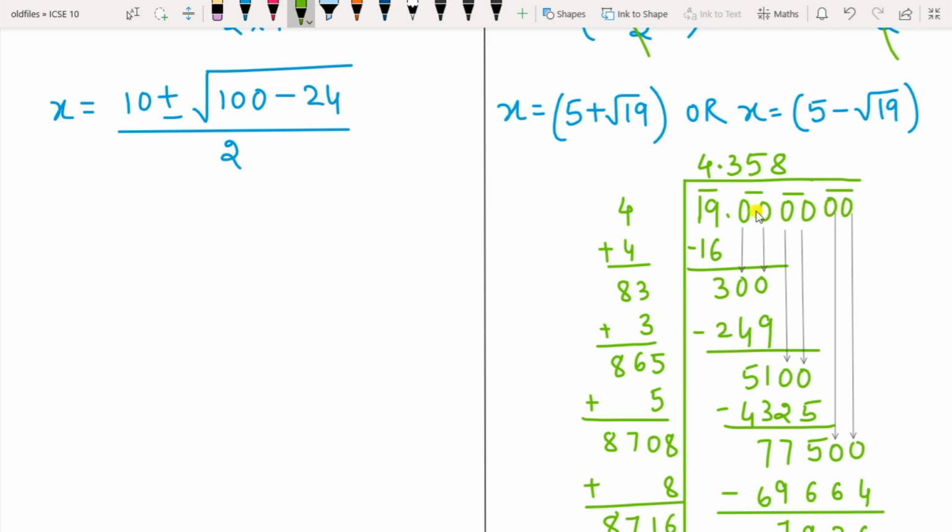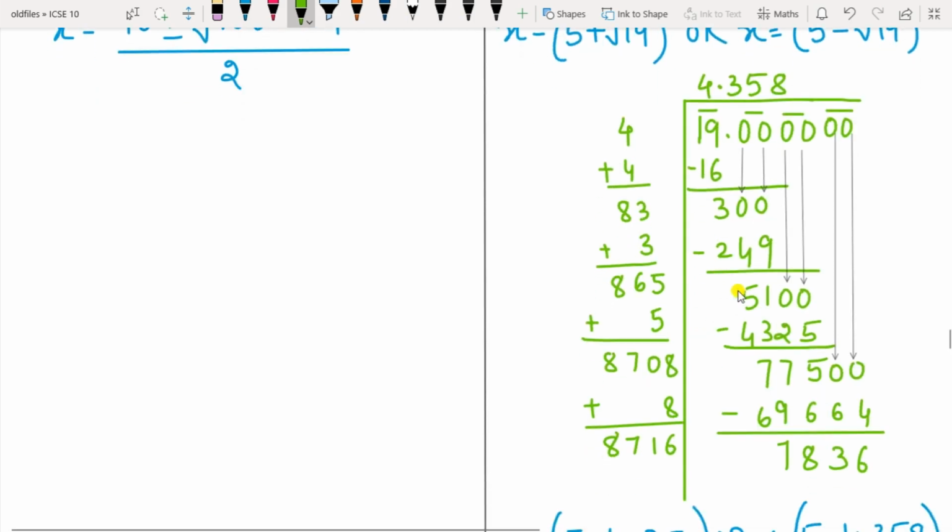Now in square root, we know that we take the pair of numbers down. That is, we have to make pairs from the back side. Okay, here. So we will be taking 2 numbers at a time. And we are considering the tables of the square numbers only. So this is the way to find the square root here. Now you must know how to find the square root. You have studied in 9th standard. Because in exam you are not going to get the calculator, so you have to find it manually. So for root of 19 the answer is 4.358.